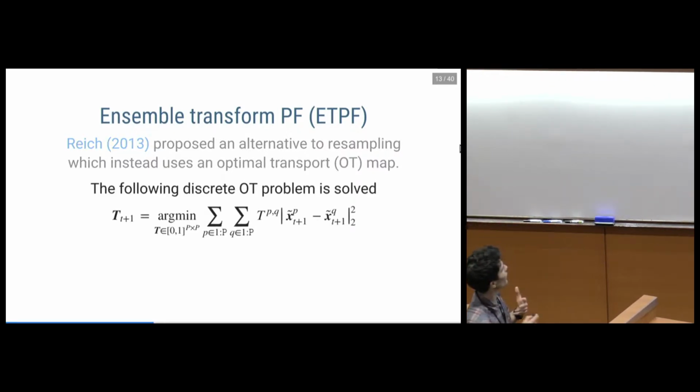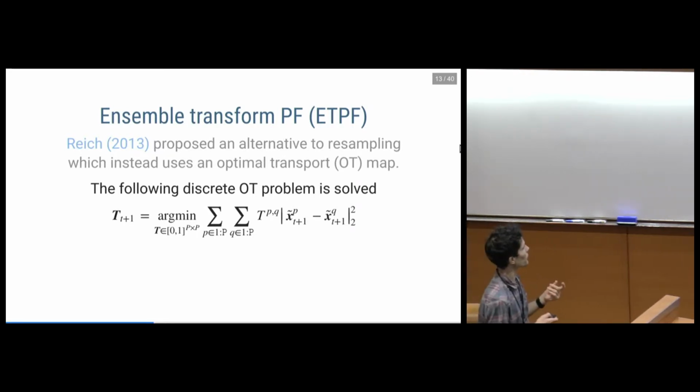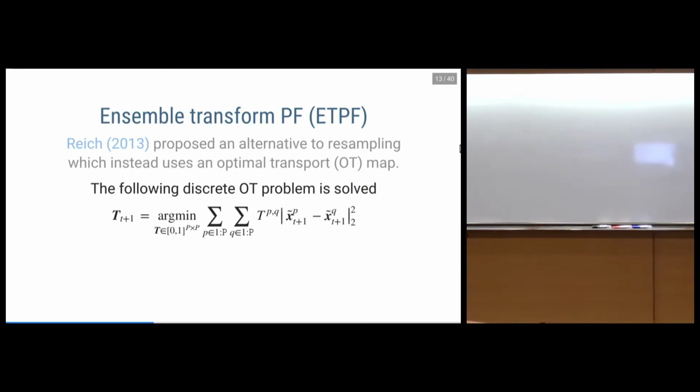So if we define a kind of discrete optimal transport problem as follows, we want to find some, what we'll call, transport map or transport matrix. This is of dimension p, the number of particles, times p, the number of particles, with entries bounded between 0 and 1. So we want to choose this such that it minimizes